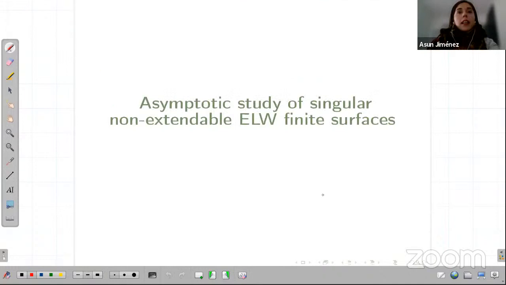Well, let me now talk a little bit about the asymptotic behavior of your surfaces when you approach a singularity. How is the behavior of your limit unit normal? What is the behavior of the normal when you approach? You don't have a well-defined limit normal because it's not extendable. I mean, the limit normal is not a point. If it were a point, that means that you have a well-defined tangent plane. It is not a point, but what kind of curve does it describe? That is the point.